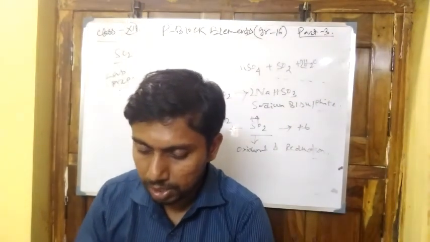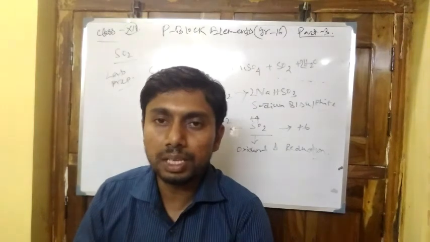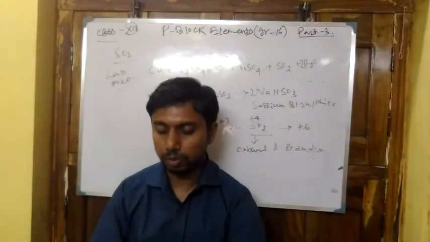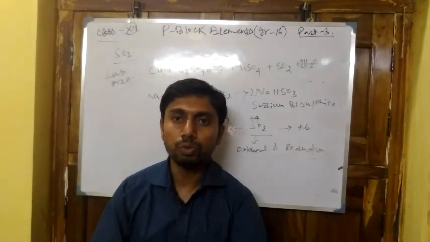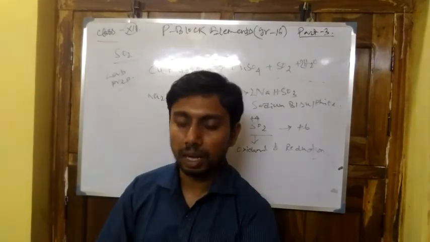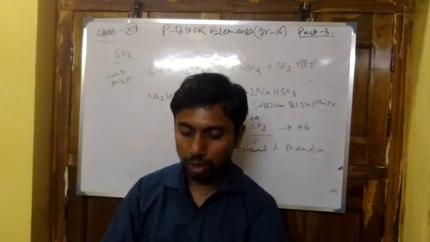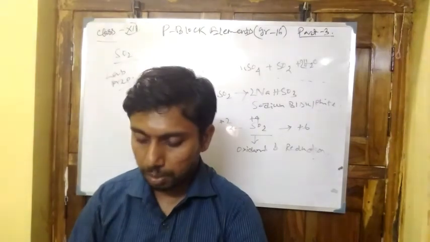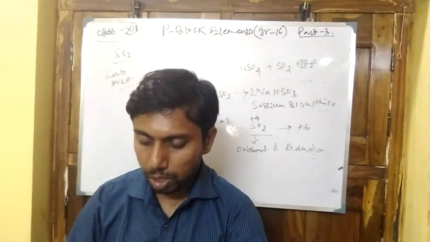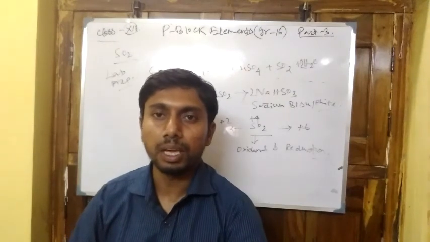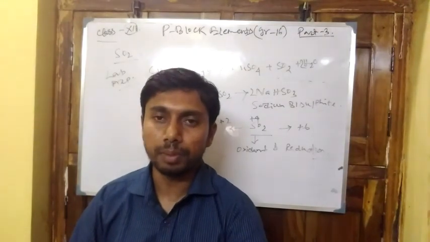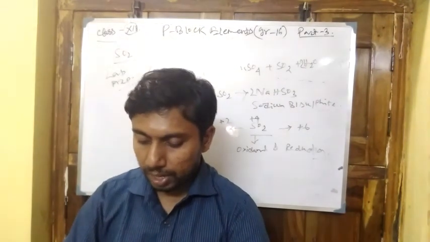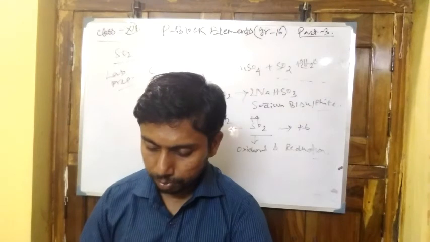The example is ferric sulfate. Ferric sulfate is converted to ferrous sulfate. The example is ferric sulfate Fe2(SO4)3 plus SO2 plus H2O forming ferrous sulfate plus H2SO4. It is the reducing action, and it also turns acidified pink KMnO4 solution to a colorless one. So in acidified KMnO4 solution, manganese is in the +7 oxidation state, and it is converted to the least stable, colorless state.